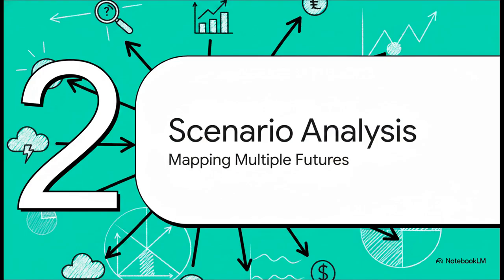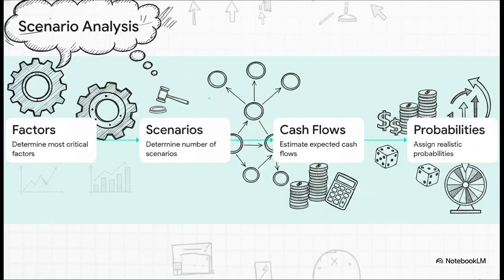And that brings us to the first and really the most foundational probabilistic tool in our toolkit. Section 2, mastering scenario analysis. Now this goes way beyond basic best case and worst case guesswork, which, let's be honest, isn't very informative anyway. We need to systematically build this out.